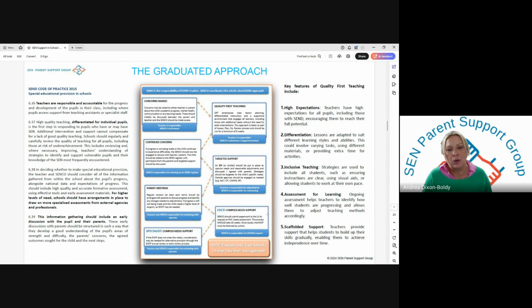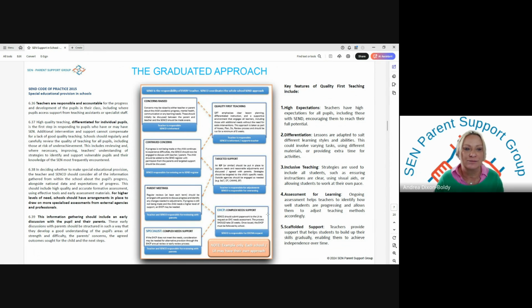Okay, so generally what happens within a school environment, a whole school approach, is you have a SENCO. That SENCO is responsible for coordinating any adjustments or adaptives within the school environment for the child that has been acknowledged as having SEN. So how that would normally happen is, and this is just an example we have here of the graduated approach,